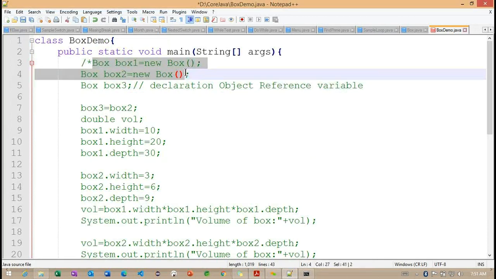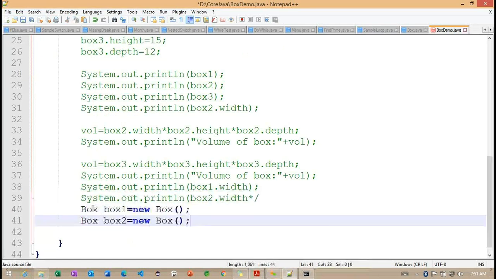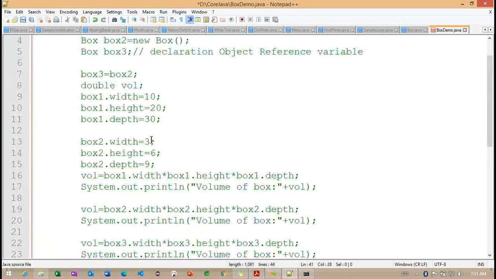Let me copy these two objects' information first. Here I want to create two objects: box1 and box2. With the help of box1, I'm initializing the three variables.